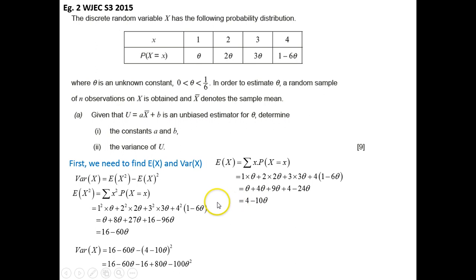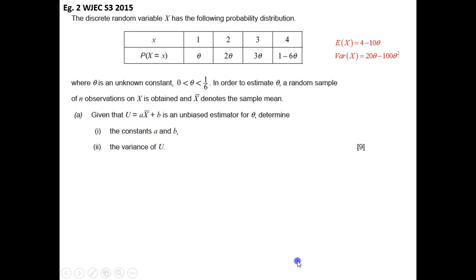So my variance is that minus E(X) all squared, which becomes 16 minus 60 theta minus, square the bracket and a minus outside, 16 plus 80 theta minus 100 theta squared, giving us 20 theta minus 100 theta squared. So we have those values as our expected value and our variance. Now we need to work out